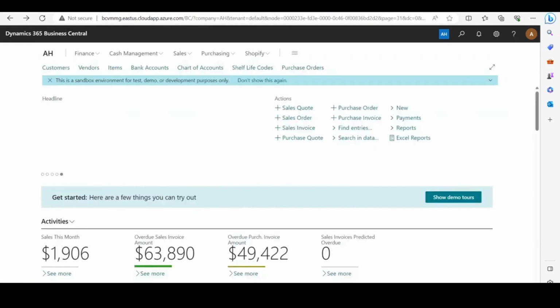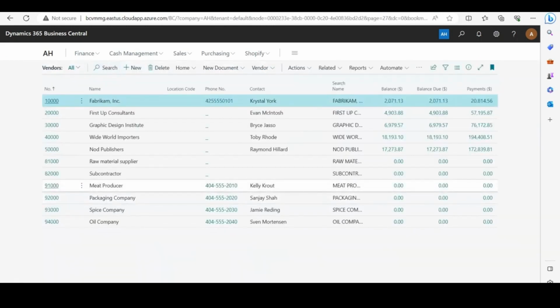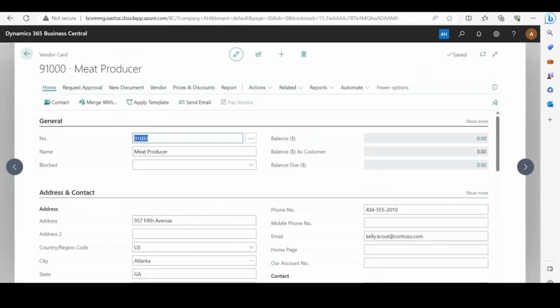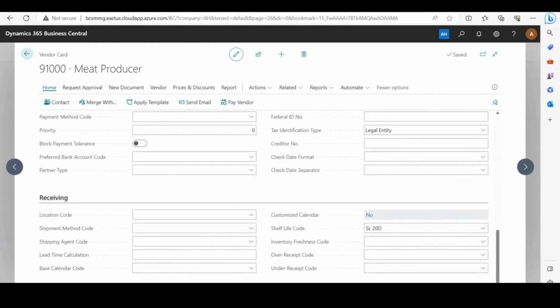A similar process can be used for vendors. If we open up the vendor card, for example, meat producer, if we scroll down to the Receiving FastTab, we can see there's a field for shelf life code. Here I've assigned the 20-day shelf life requirement code for the vendor meat producer. This means that no matter the item, all purchase orders from the vendor meat producer are subject to a 20-day shelf life